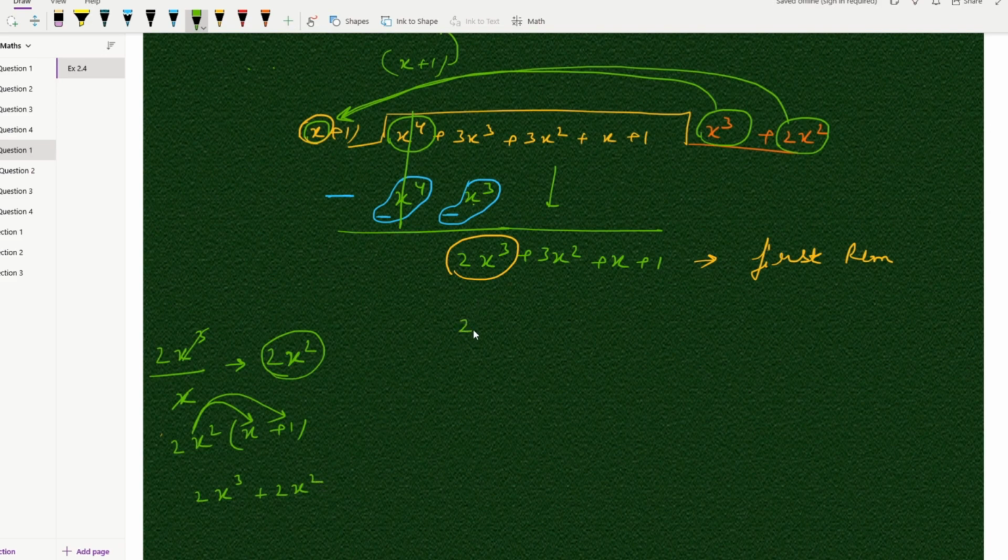So this will be 2x cube plus 2x square, and this will be minus. यहाँ पर प्लस है तो ये माइनस हो जाएगा, यहाँ पर प्लस है तो ये माइनस हो जाएगा, and the new sign of the terms will be minus 2x cube and this will be minus 2x square. Older signs को हम delete कर देते हैं. This is deleted, this is also deleted, and now these terms will be getting cancelled out,